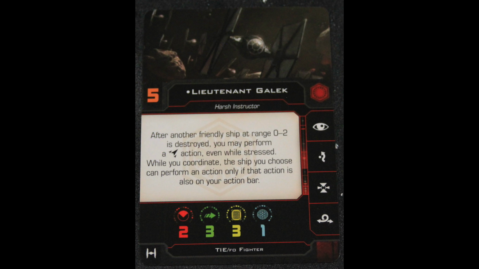While you coordinate, the ship you choose can perform an action only if that action is also on your action bar. So basically it's the Squad Leader upgrade that lets you coordinate, but the ship can only perform an action on your action bar. Only this is built in, and it only happens when a friendly ship dies. You can't just coordinate as one of his own actions, which is slightly depressing. Initiative 5 though, so you'd kind of hope he'd be good. But he really shines in his